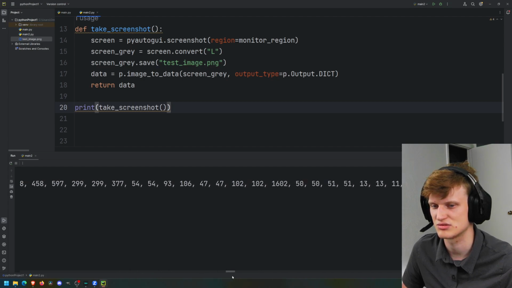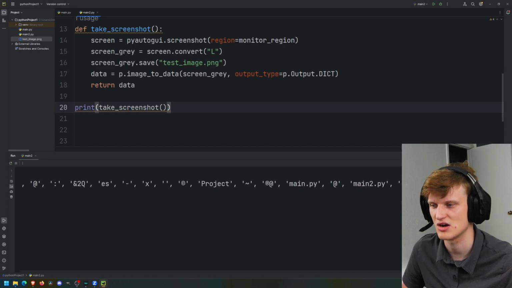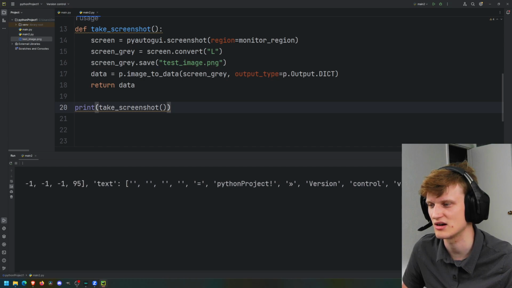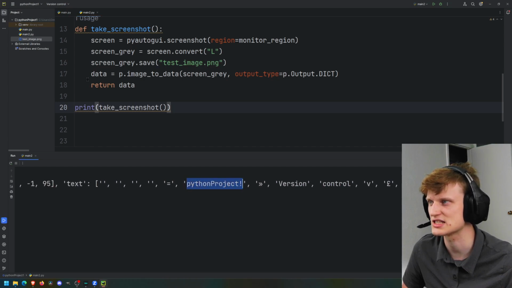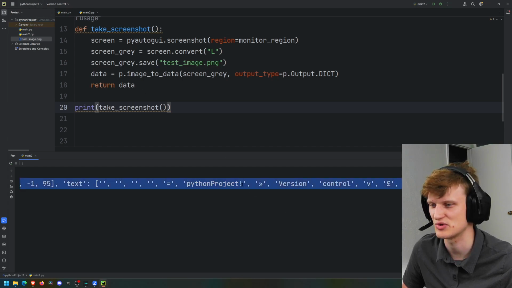There's, let's see. Trying to see what else is there. Oh, here we are. This is where it gives us all the juicy stuff. So if you look right here, Python project exclamation point. I think that I actually misinterpreted the exclamation point as a 1, or it's supposed to be a 1, but